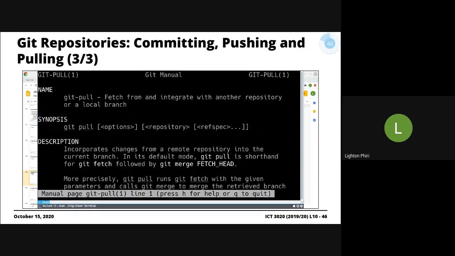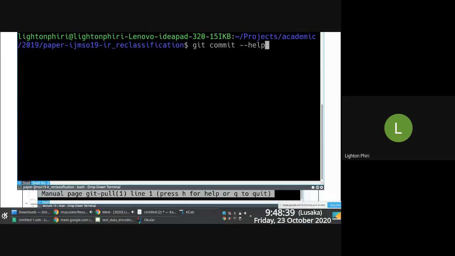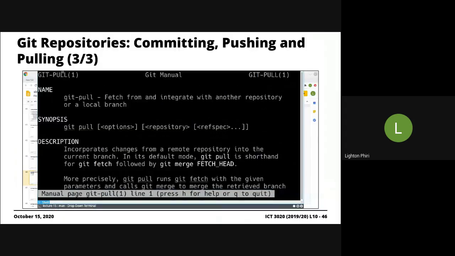So git push, git pull, git commit, all of these different commands I'm showcasing. Take advantage of the man pages. Just issue the command git, the command name, let's say commit, and then two hyphens help. It will bring up details of that command. But also, I do encourage you to use tools like